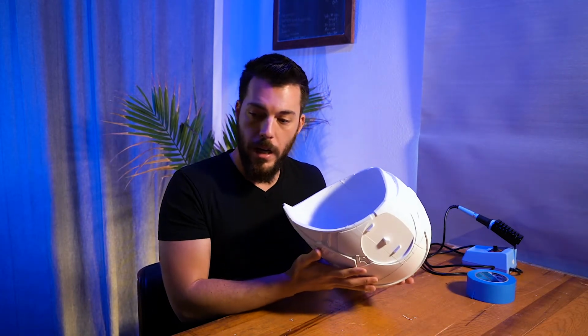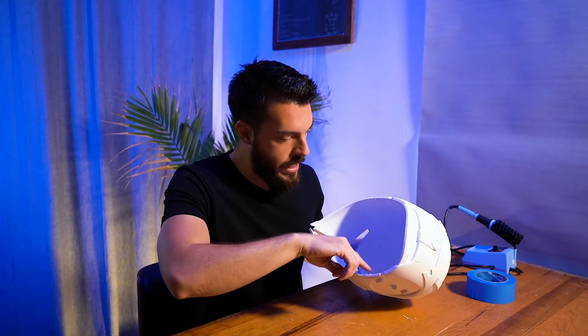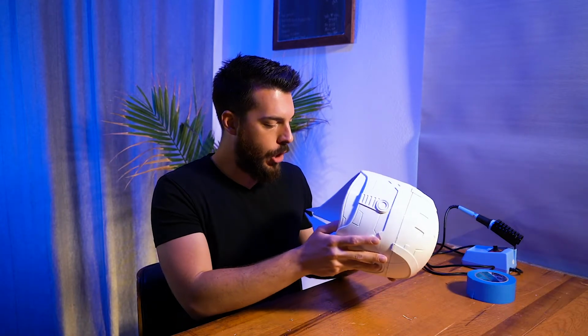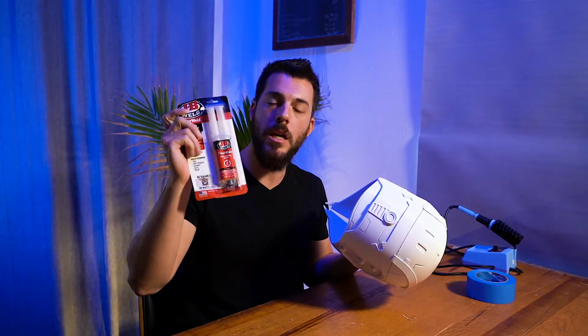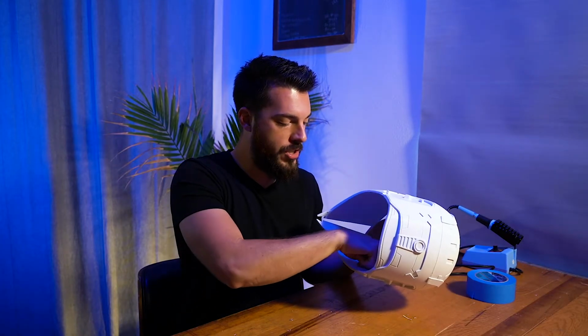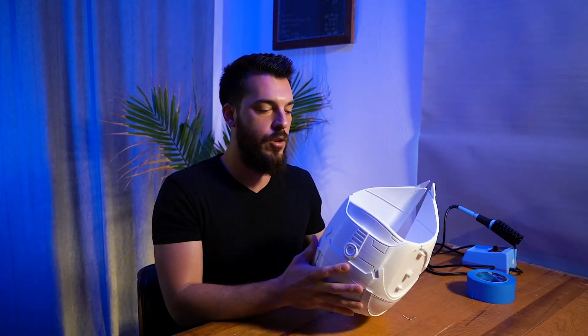So from this point, what I'm gonna do is go on the inside here, all of the lines. I don't do the entire thing with the soldering iron because if I did, it would be a lot of extra work on the filling and sanding side, and we want to avoid that. So I'll go back in here and I'll use something like this, JB Weld's epoxy, and I will fill in all of the seams with an epoxy, and sometimes I'll even take popsicle sticks and set them over the seam so that I have larger surface area that I'm bonding everything together with, because the last thing you want when you get to the stage of sanding and Bondo, and especially near the end, is to have a crack